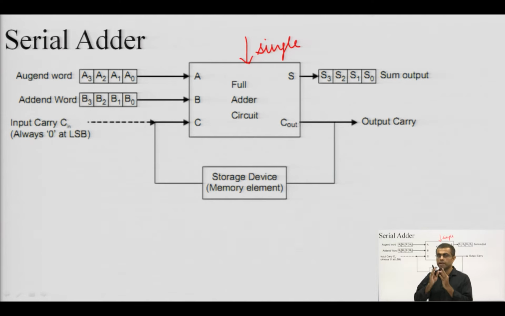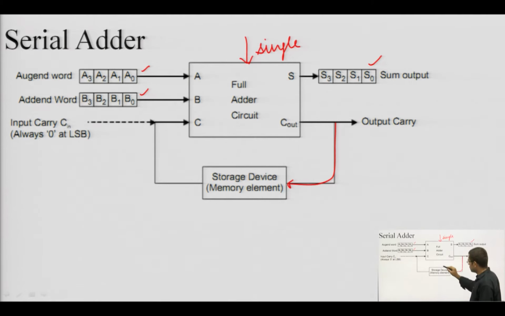with the concept that the previous stage carry has to be stored somewhere, so that it can be added in the next stage as well. So, we can see first A naught and B naught will enter the circuit to generate the S naught, okay. And then the carry which is generated from here will be sent back to the circuit. There is some memory device which will store that value, and when the next stage A1 and B1 come, this previous stage carry, that means the carry produced by the addition of A naught and B naught, let us say C naught naught,